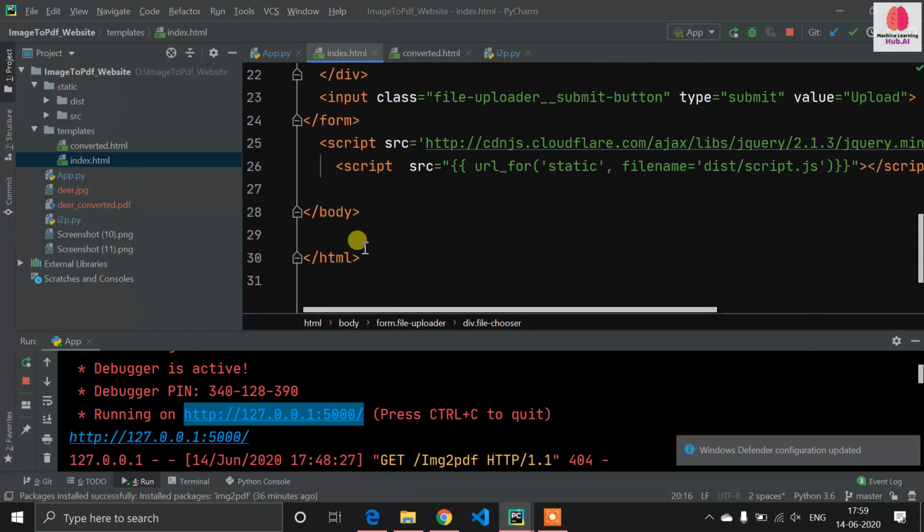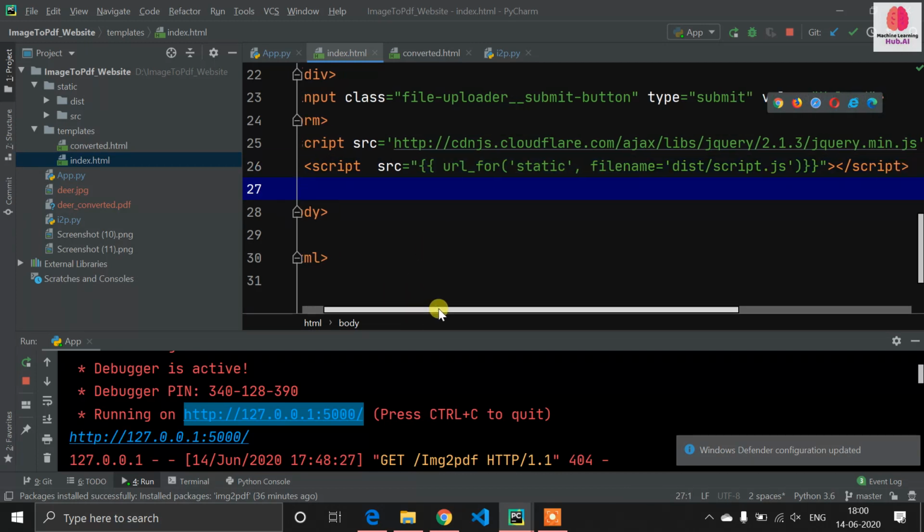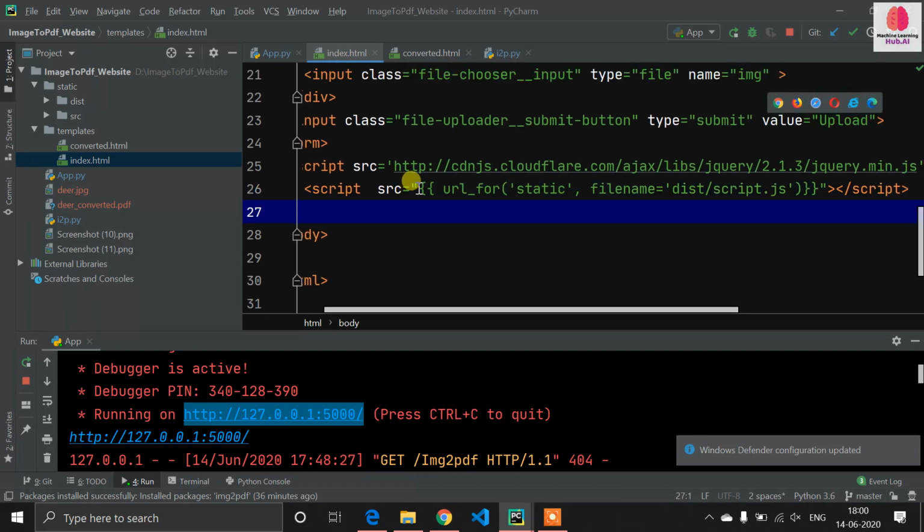Now Flask supports Jinja templating. If you don't know what Jinja templating is, it is a simple script. Imagine in an HTML file, if I want to give the path of my script file or my CSS file, I would just write it simply. But if I am using Flask, then I have to use Jinja templating. This is the script.